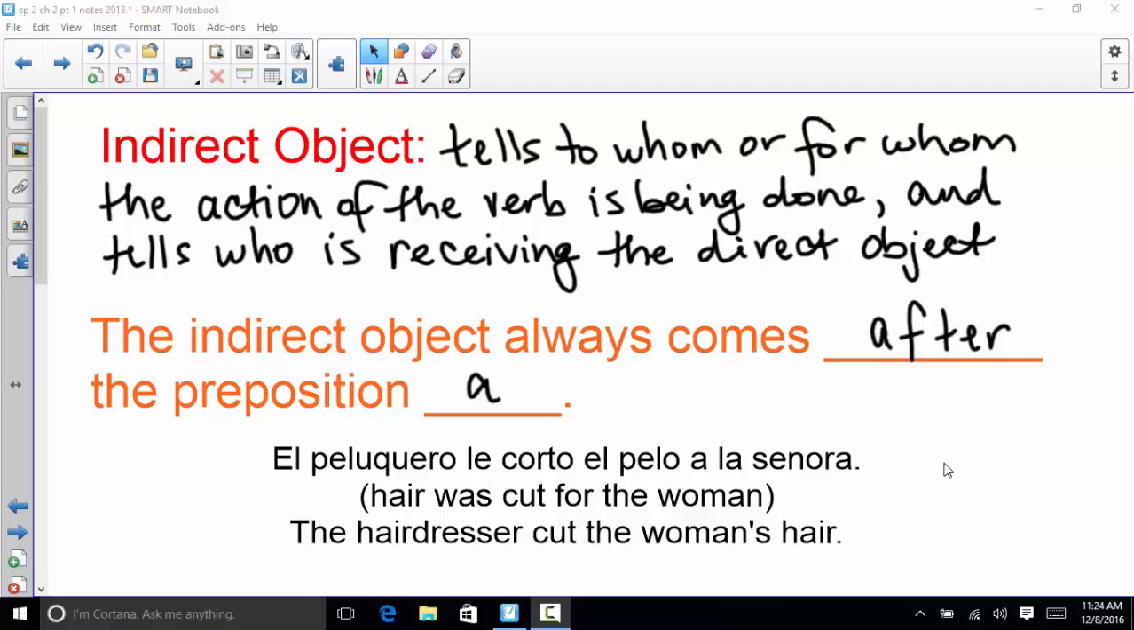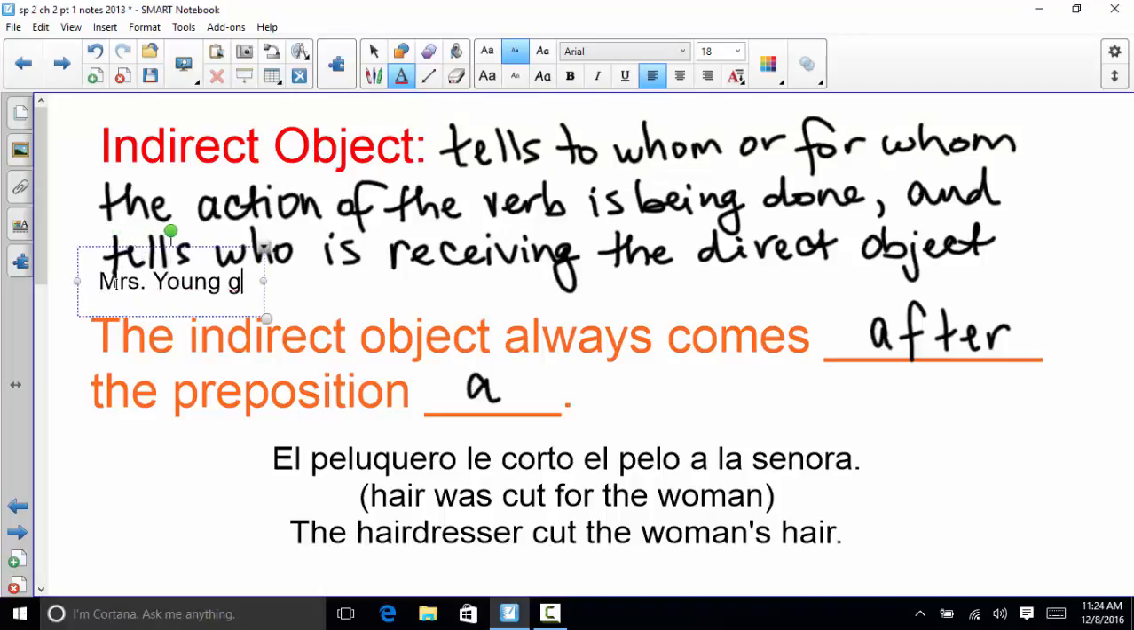So first we have to define an indirect object and figure out where the indirect object would be in the sentence before we can rewrite sentences or abbreviate sentences. So an indirect object tells to whom or for whom the action of the verb is being done, and it tells who is receiving the direct object in the sentence. Okay, that sounds a little complicated, but if I show you the example,